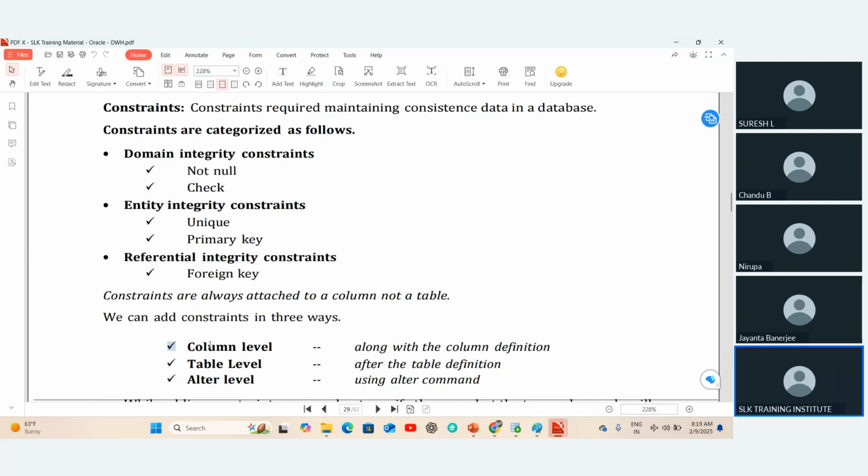Whenever we are defining the constraints immediately next to the column name, we say it is a column level constraint. When we have to specify the constraints at the table level, like after the create table structure, at the end, we can create